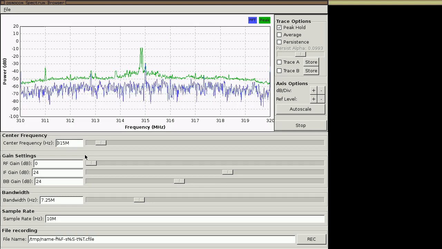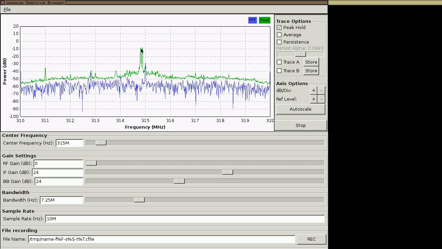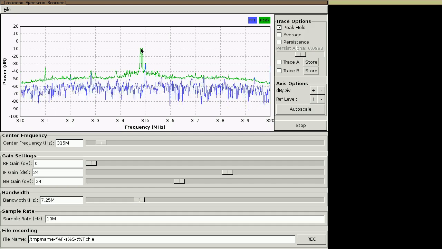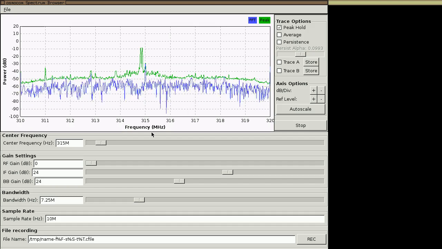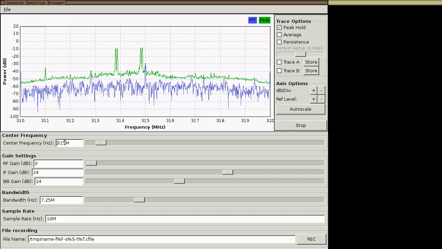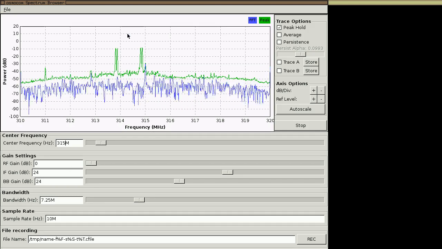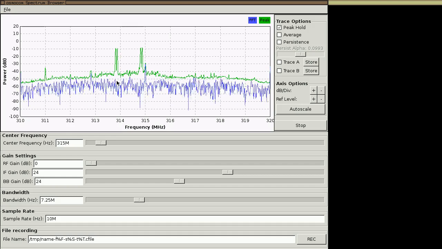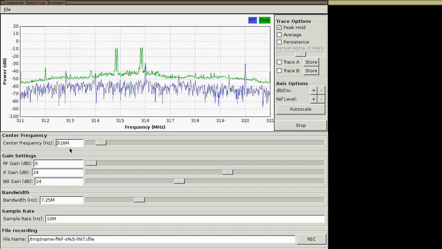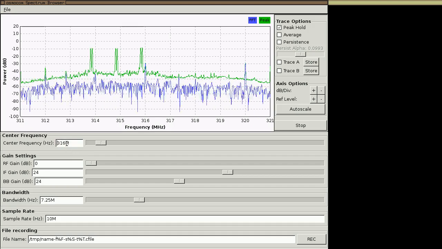Now notice the peak still stays where it was on the screen, even though I've shifted frequencies out from under it. If I push the button again on the remote, you can see it's shifted down by a megahertz. The frequency of the remote hasn't actually changed, it's just that the frequency I'm tuned to has changed. If I go another 1 megahertz, and then another,